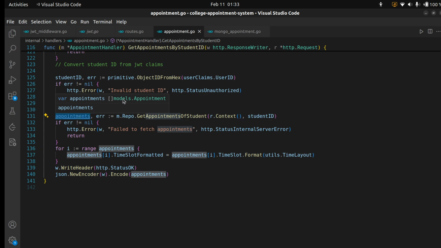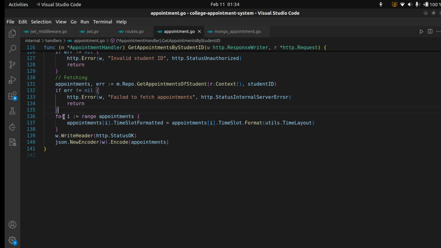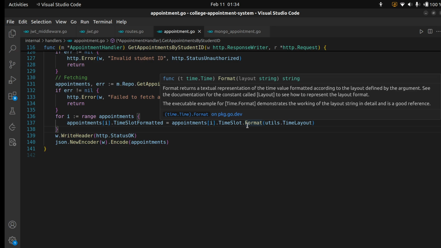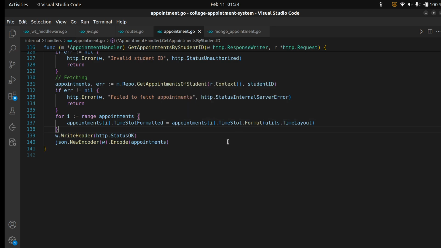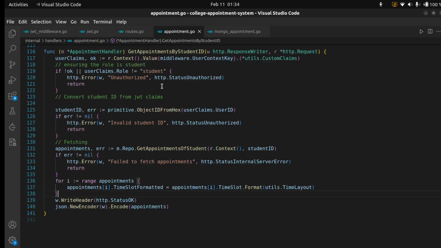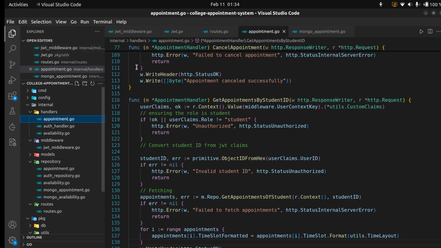This is the variable appointments of type slice, and the same thing, traversing here and converting the times into a string type, because the ISO format cannot be understood by the student. So I'm just converting it into my desirable string form, for example 3 a.m., 12 p.m. So this is the handler for appointment,